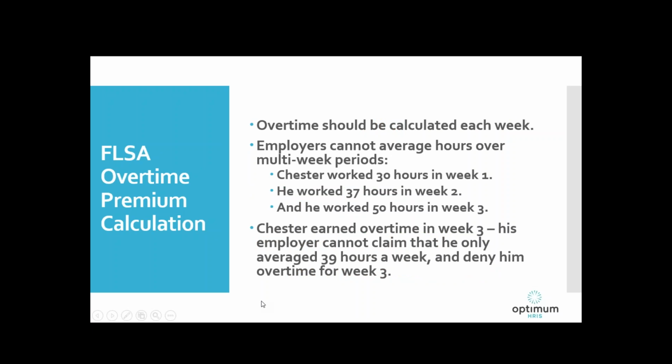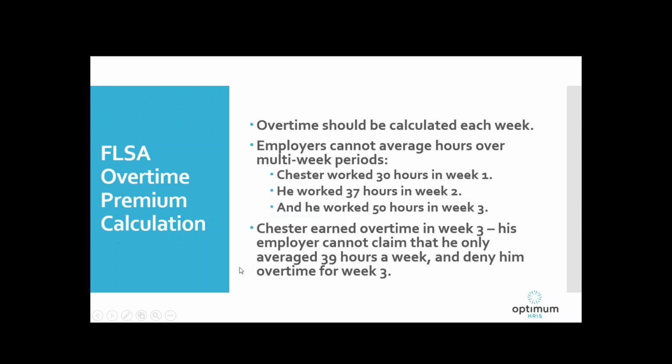But here's one reminder. FLSA bases overtime on a single 40-hour week. Typically, an employer is not allowed to average hours over multiple weeks. In this example, Chester worked 30 hours in week 1, 37 hours in week 2, and 50 hours in week 3. So to average those, he would have worked